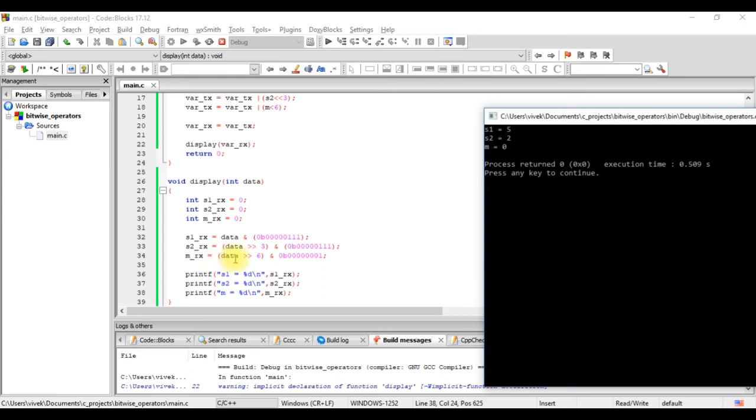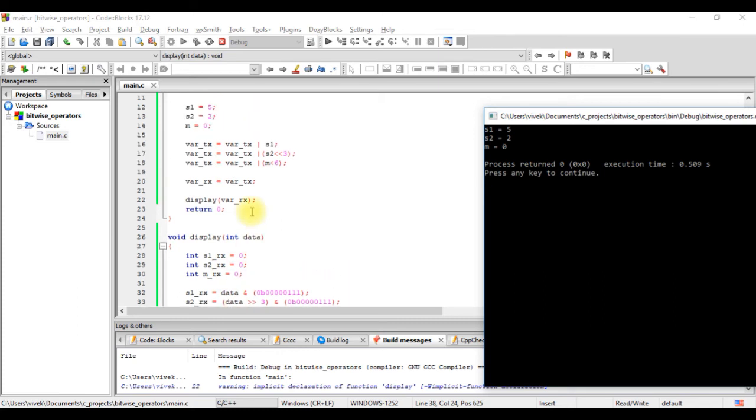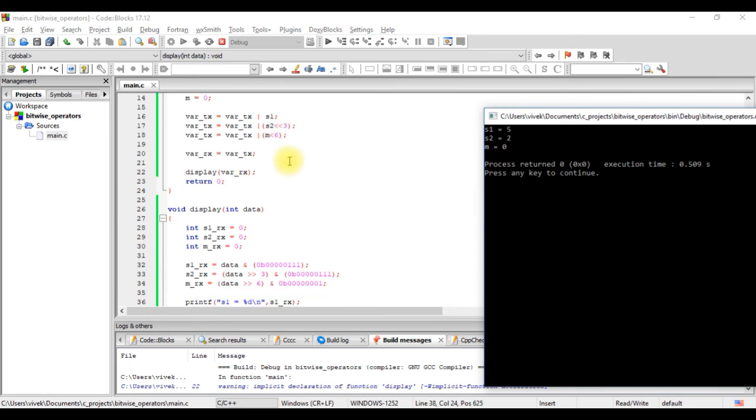Because m occupies bit number 6, we first right shift it 6 times and then we AND it. So basically what we have to do is the reverse of the packing operation. In the packing operation, we did OR with left shift of 3 for S2. Here we do the reverse. We right shift data 3 times and do the AND operation. Similarly for m and s1.